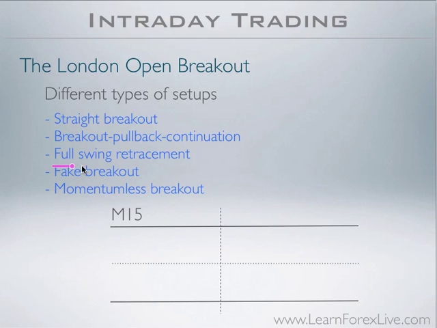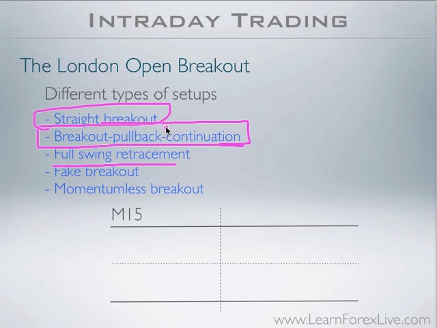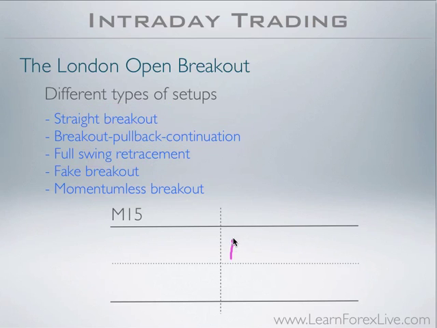Instead, the full swing retracement is going to be a breakout in which we are going to miss the breakout pullback continuation pattern just because we were late, or we got a straight breakout and we never got the pullback at reasonable levels, meaning around breakout points. So assuming either we miss this pattern or price simply takes off without us, in the full swing retracement we are going to be simply waiting for price to swing back to the high of the